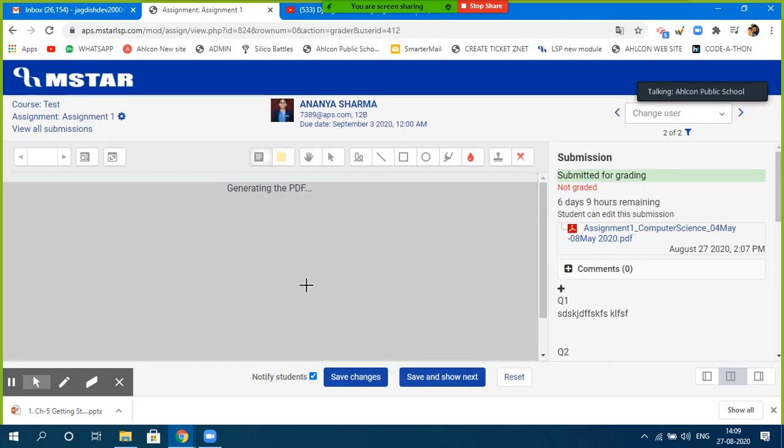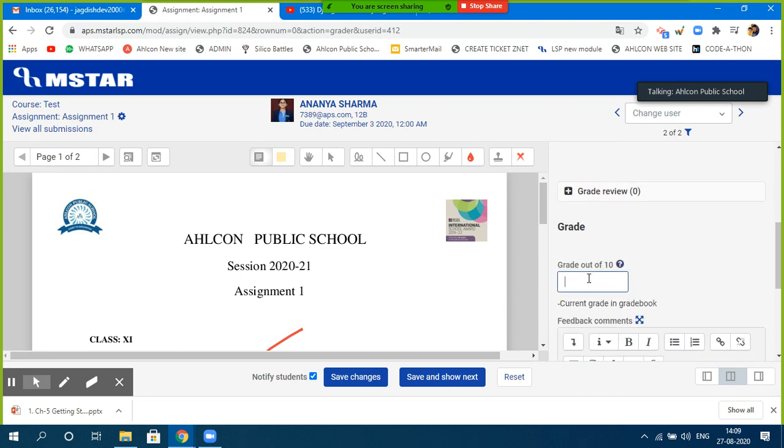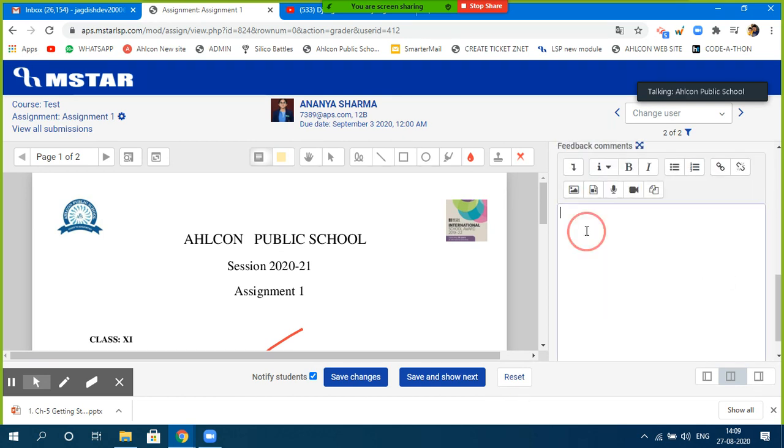Changes are saved. You can also see the answers given by the student online. These are the online answers given by the students, right? And finally it comes to the grade. Let's say out of 10 you grade the student as 8. Okay, and if you want to write certain comments, you can always specify the comment. One thing which I liked here, you can write the comment here.